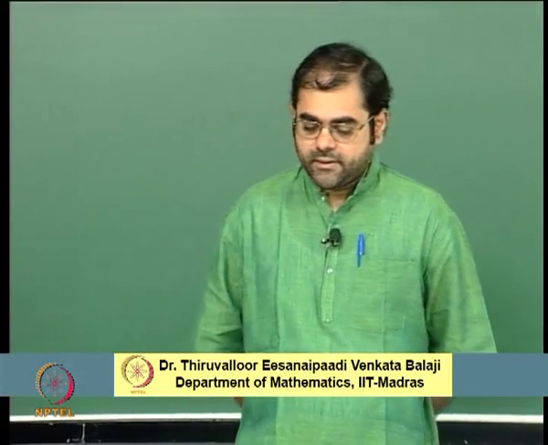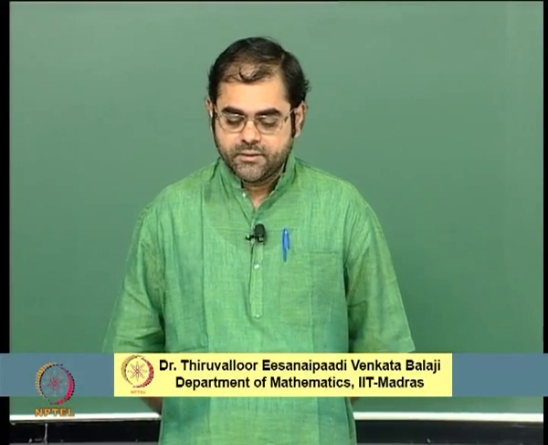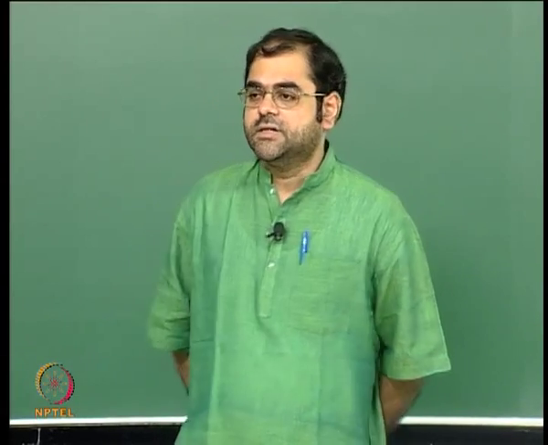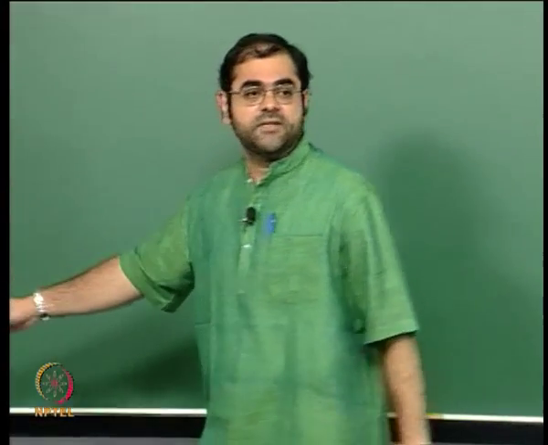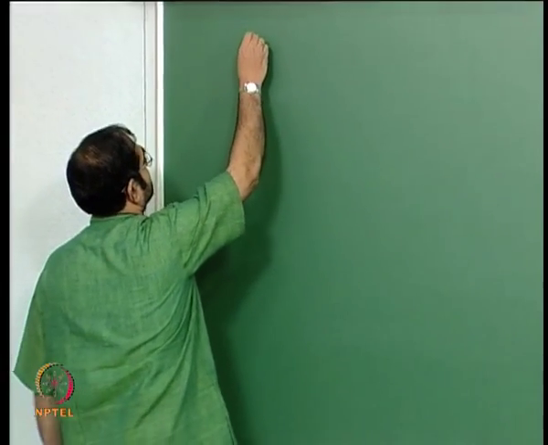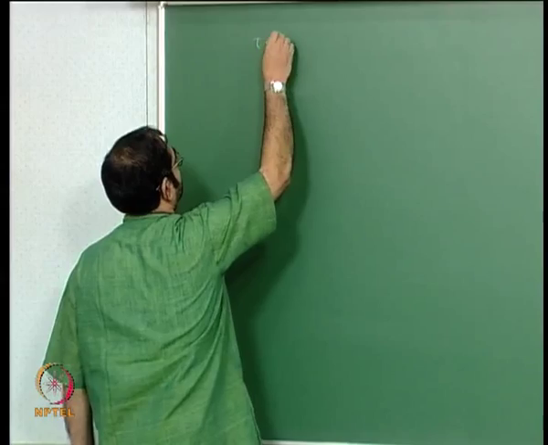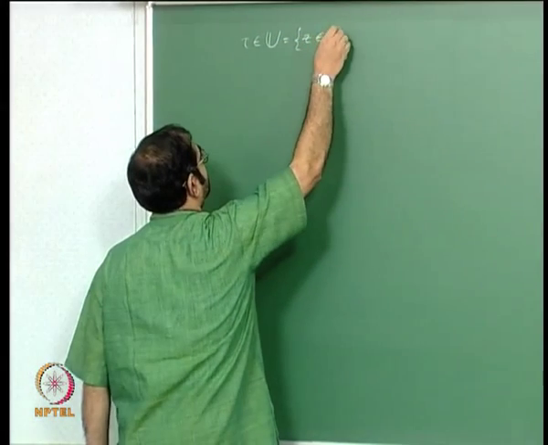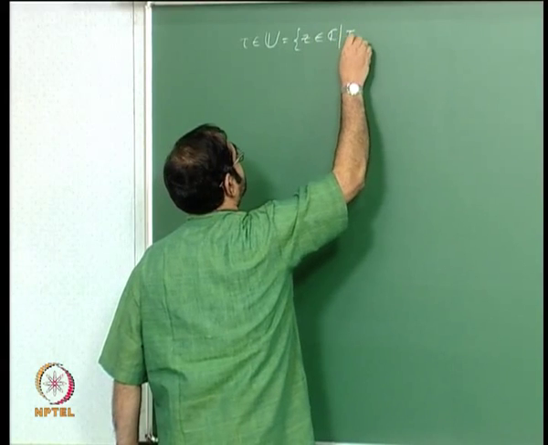Okay, so you see, let us recall what we did in the last lecture. Just to fix up also the notation. We started with tau in the upper half plane, the set of all complex numbers with the imaginary part positive,